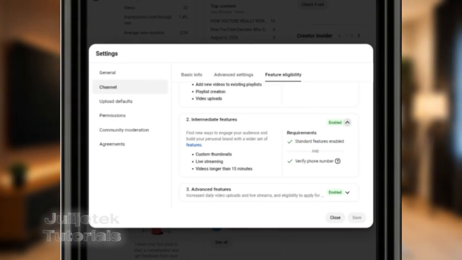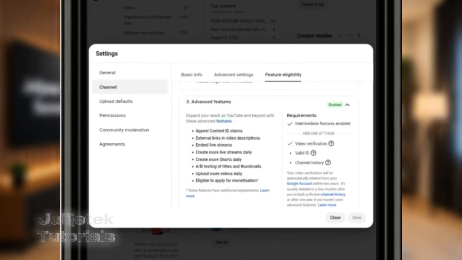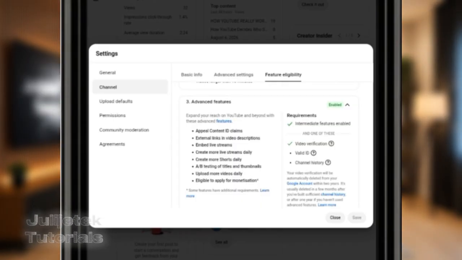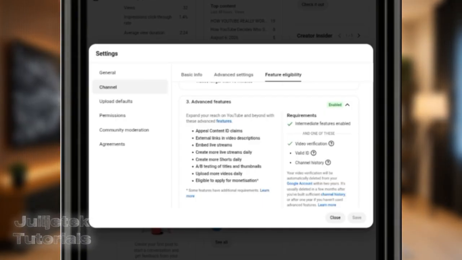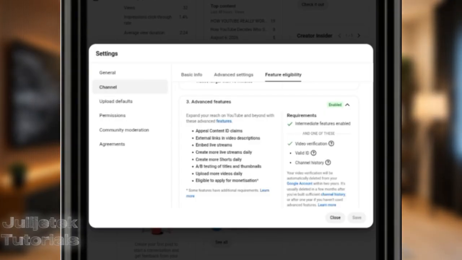And now if you tap on this other feature here, advanced feature, they will ask you to do video verification. Here they will ask you to verify with video, maybe, or valid ID or whatever. So you choose the one that you want. You can either choose video verification, or maybe you choose valid ID. So you just choose it. Make sure that your channel has this particular feature enabled in order for you to post videos, get monetized, and